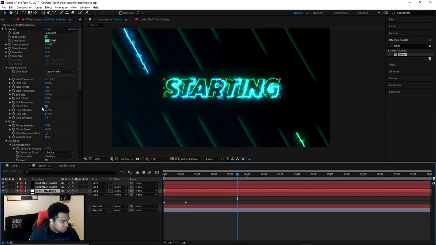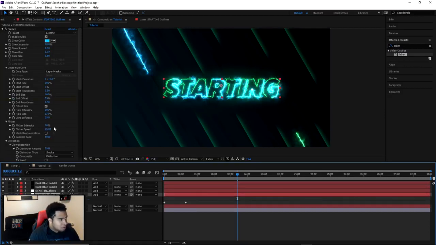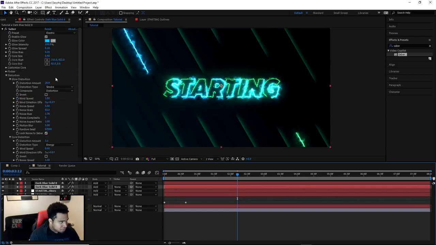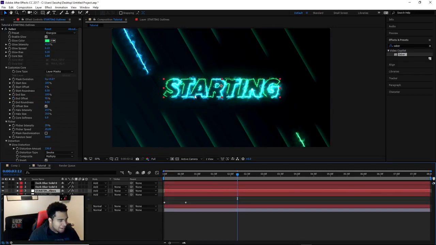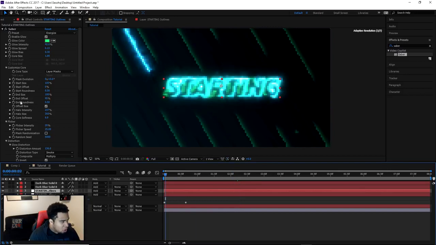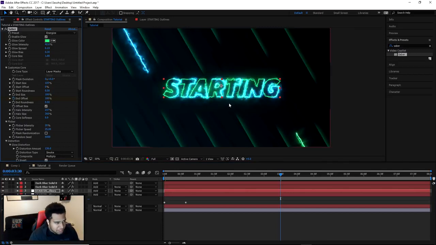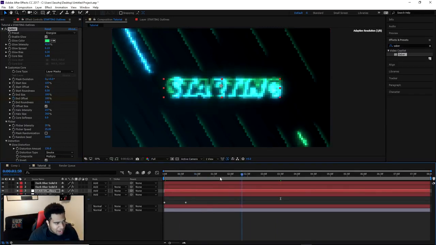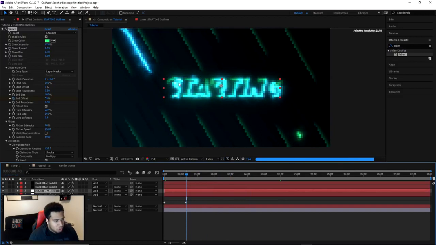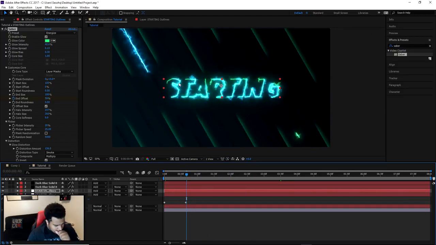If you have changing with the offset, so let's just say for the green, which is this one right here, the energized one. Let's just say you have your offset start at 50 for the green, and at 3.5 seconds you have it at 100. So it's going to fill in again. If you have that look coming in, and if you have an 8-second composition like I do,